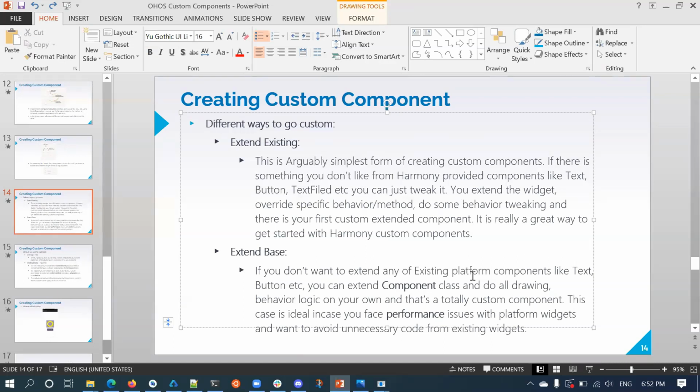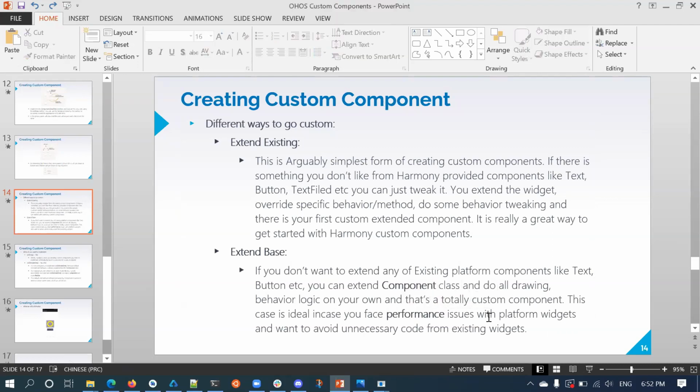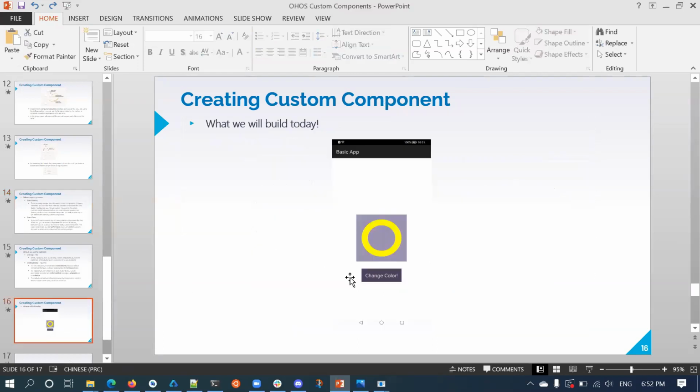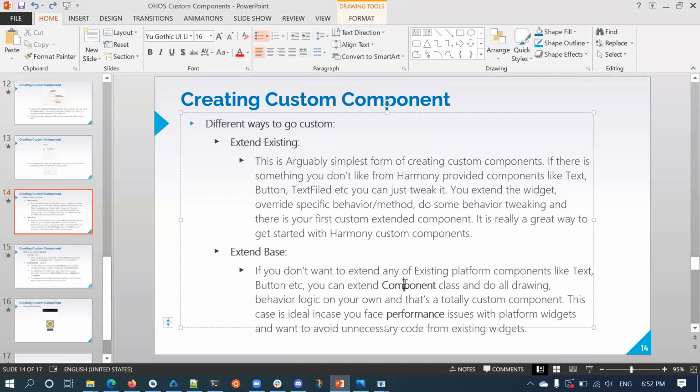In both places, you can draw a smiley, but if you extend text, when this text component is loaded into Material, it is inflated, and all those text-specific APIs also will be inflated. Unnecessary code will be there. This won't cause any problems in terms of user experience, but in terms of performance, it will cause some issues. In order to get rid of this unnecessary code, you can directly use the second way, extend the component class, and just draw the smiley or the custom shapes.